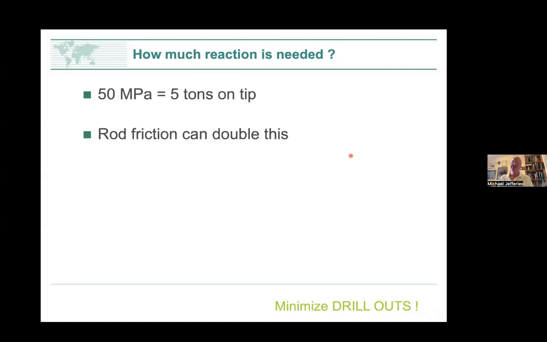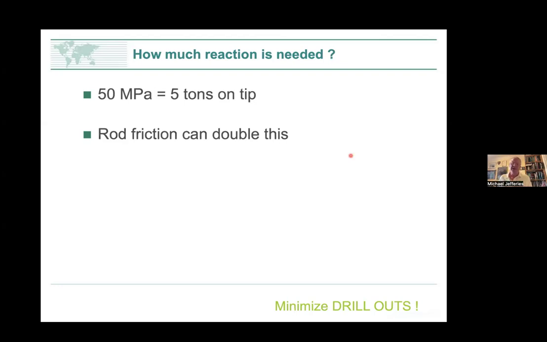You can, of course, push a cone, and when you get to a point where you can't push it any further, you can pull the cone out of the ground, use a borehole to put a casing down to where you stopped, and then, of course, you no longer have rod friction and you can restart. But that is a bit of a pain, and it slows everything down, so we try and avoid it. This business of drilling to create a hole so the cone can advance